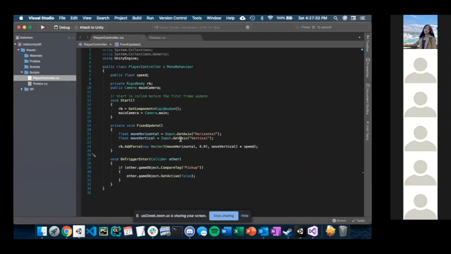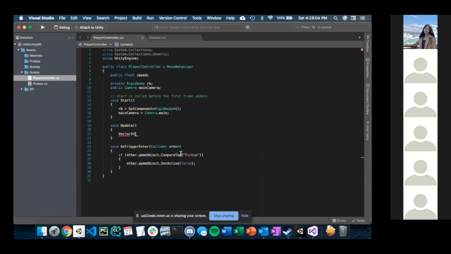Originally we used FixedUpdate, but there's something tricky about touches that makes it not ideal to use in FixedUpdate. So we're going to change this to Update. Now, whenever we touch, how we're going to make the player move is we're going to basically pull the player towards our camera. To calculate the vector that we need to pull the player towards the camera, we're just going to take the difference between the camera's position and the